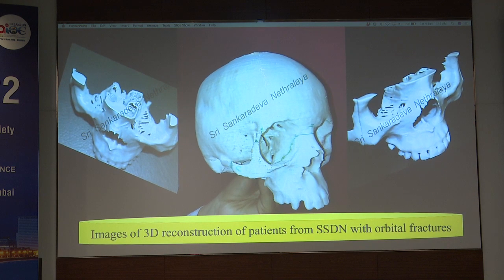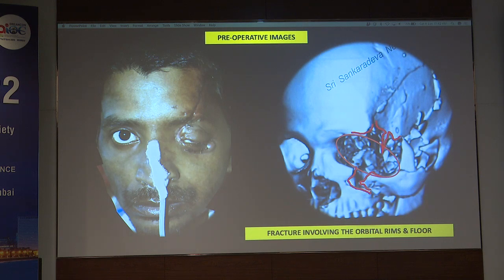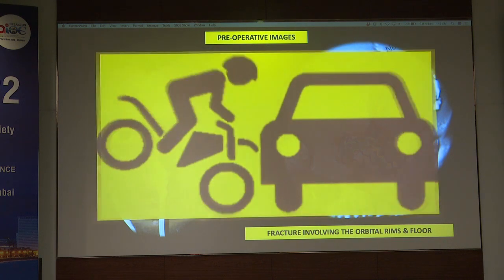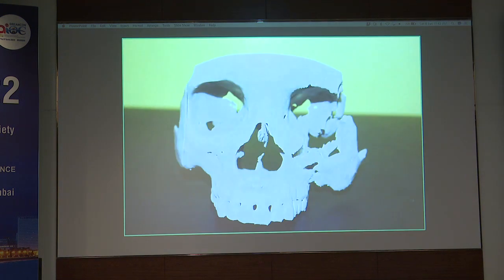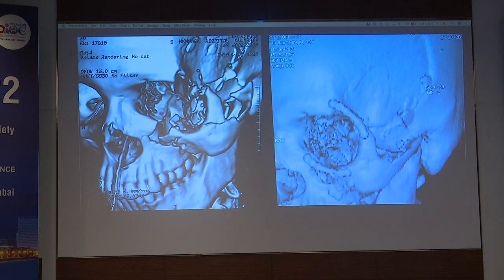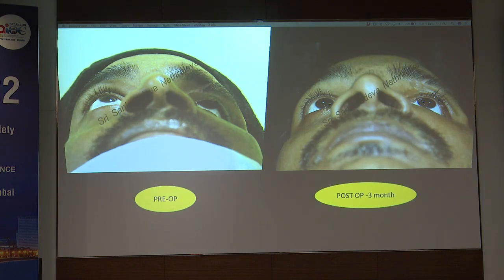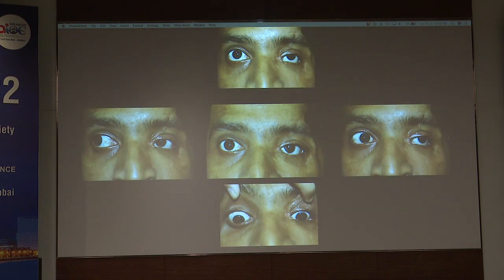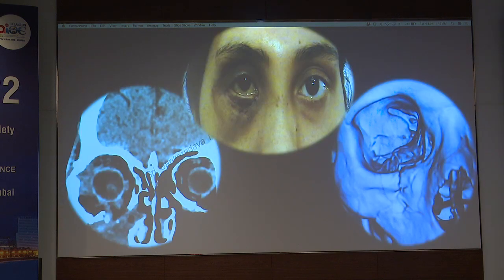These are the different 3D printings that we use for different types of surgery involving the orbit and the socket, especially in major fractures like this, where everything is fractured because of a road traffic accident, and you do a mirroring and the 3D printing, and then you see the results. When there is too big a fracture, the whole orbit becomes rectangular, and post-operatively the rectangular orbit comes back to the oval pyramidal structure along with the correction of the enophthalmos. So this is the patient in different views, a beautiful correction of the enophthalmos, and these are some other patients.